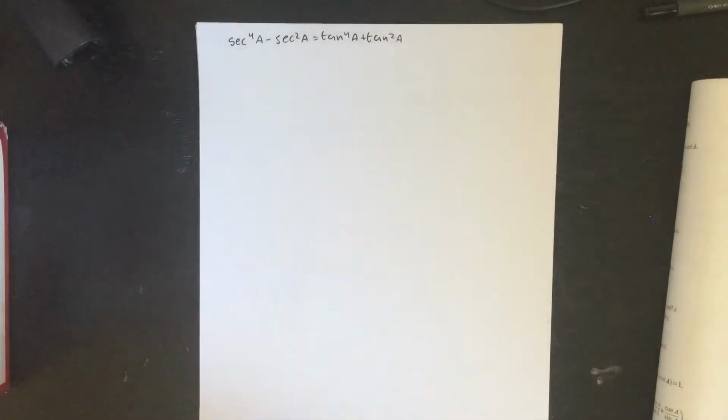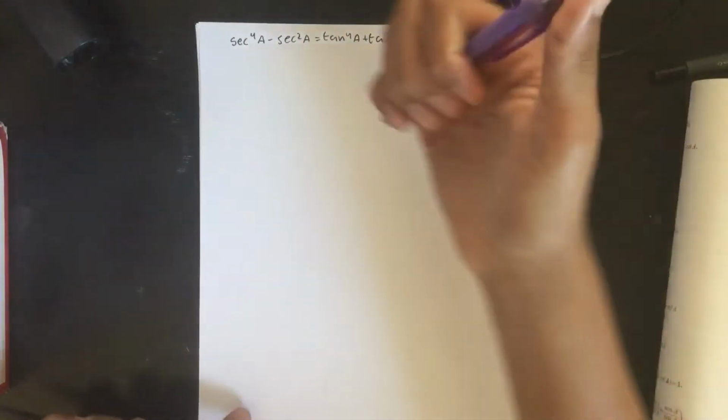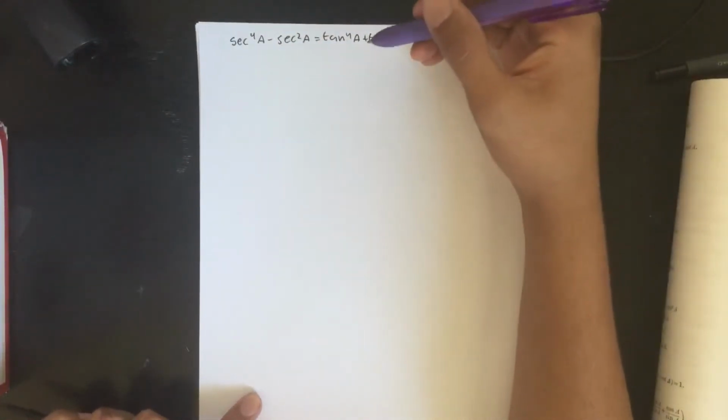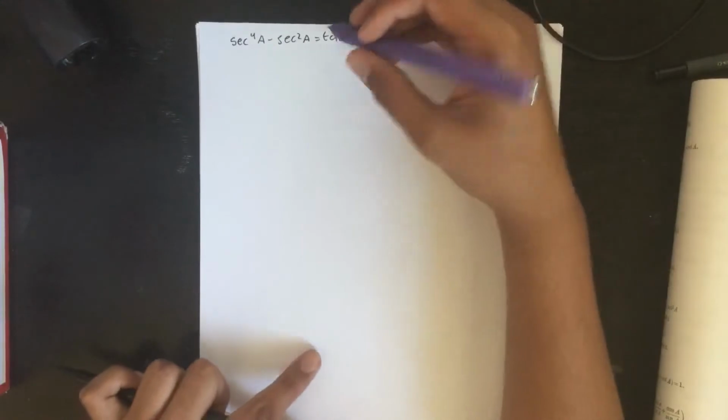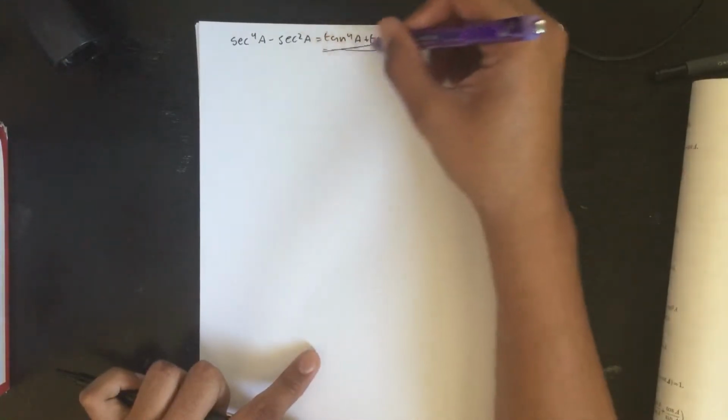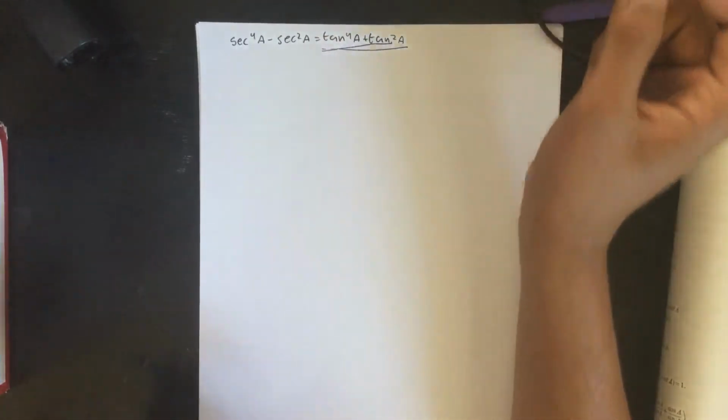So again, our problem is secant to the power of 4a minus secant squared a is equal to tan to the power of 4a plus tan squared a, and our goal is to find a way to get tan to the power of 4a plus tan squared a. So, let's start off